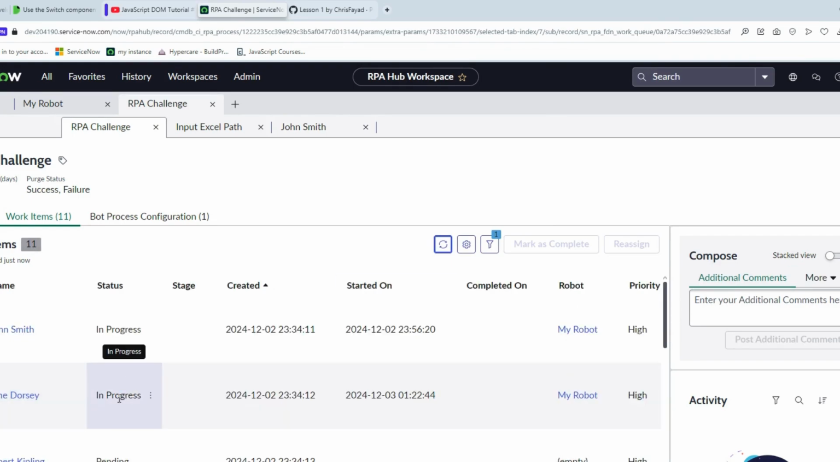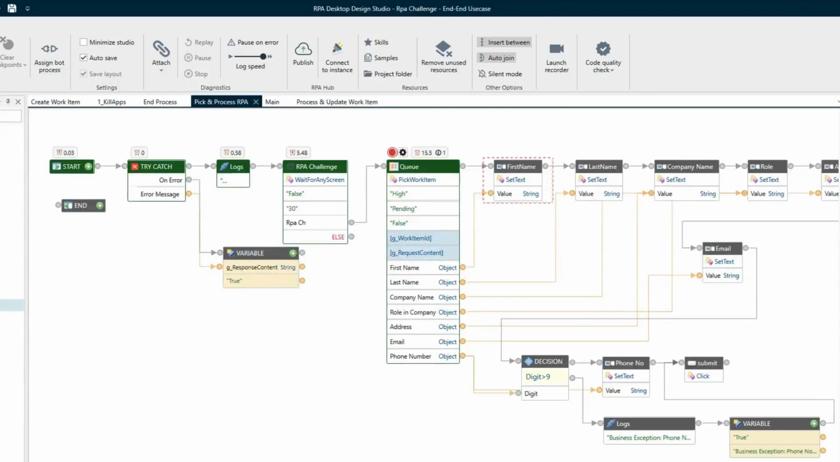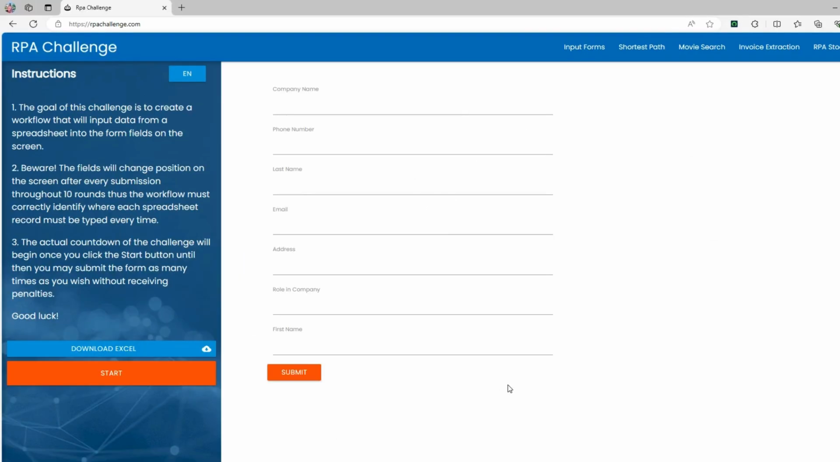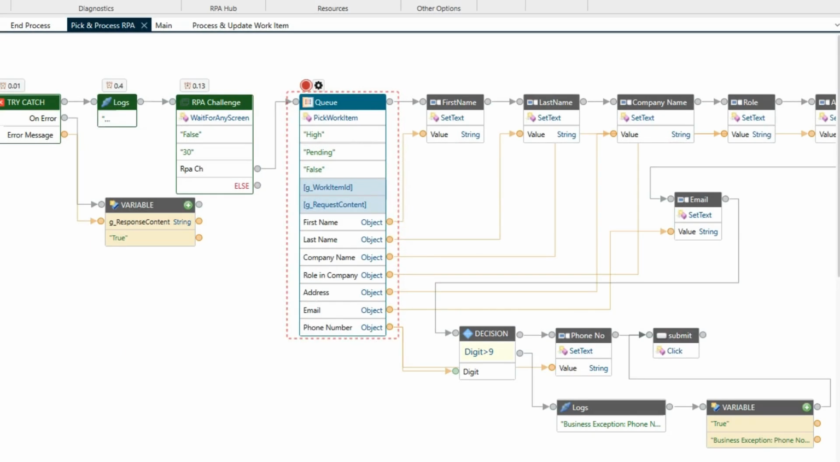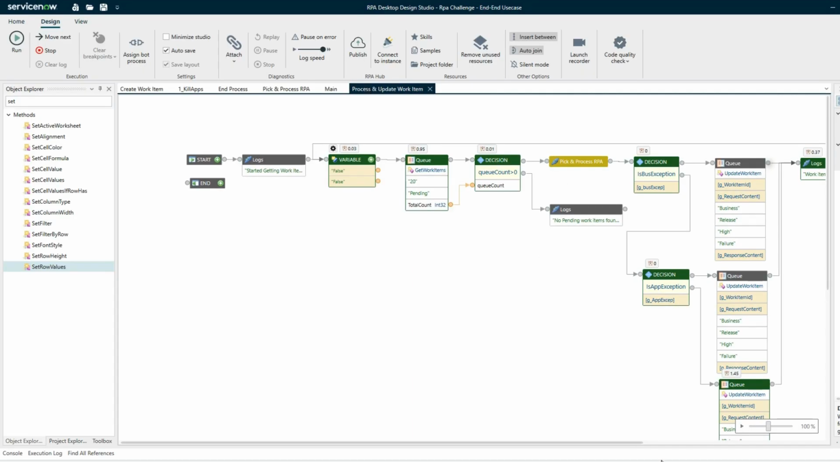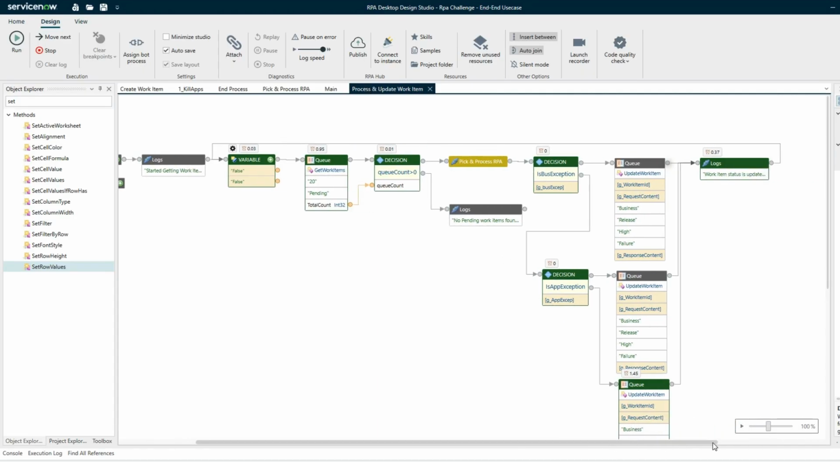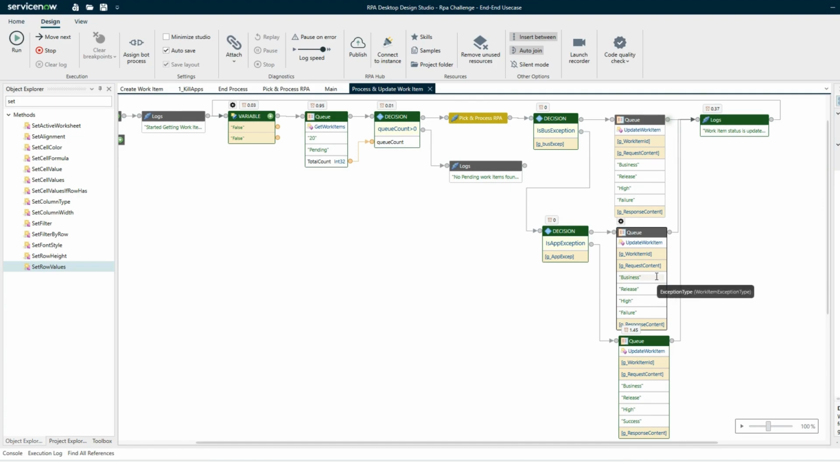Okay, now it started picking it, so let's see. Okay, I think it is very fast, so it literally completed and clicked on submit. Let's go over here and let's check it. Okay, as we do not have any issues,